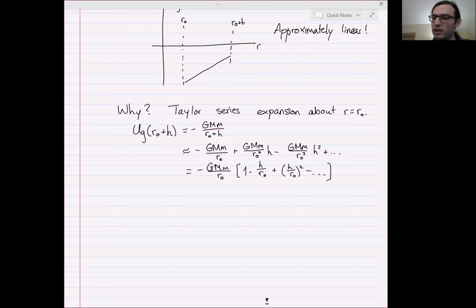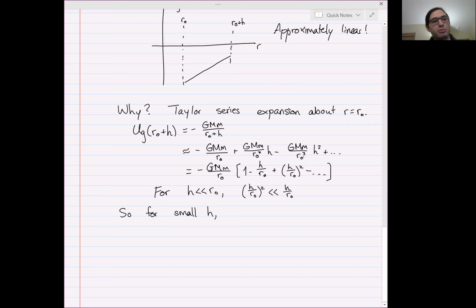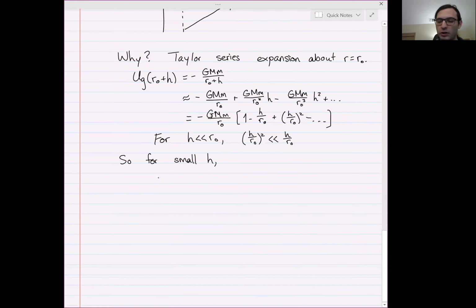And so it turns out that when h is significantly smaller than r naught, h divided by r naught squared is significantly smaller than h divided by r naught. So for small h, we can just drop everything that's h squared, or h over r naught quantity squared, and beyond. We get that U sub g of r naught plus h is approximately equal to